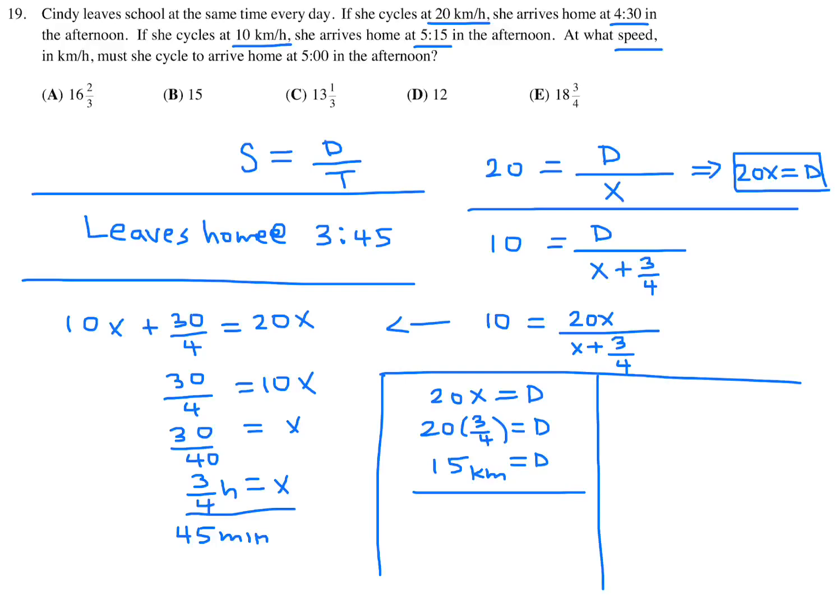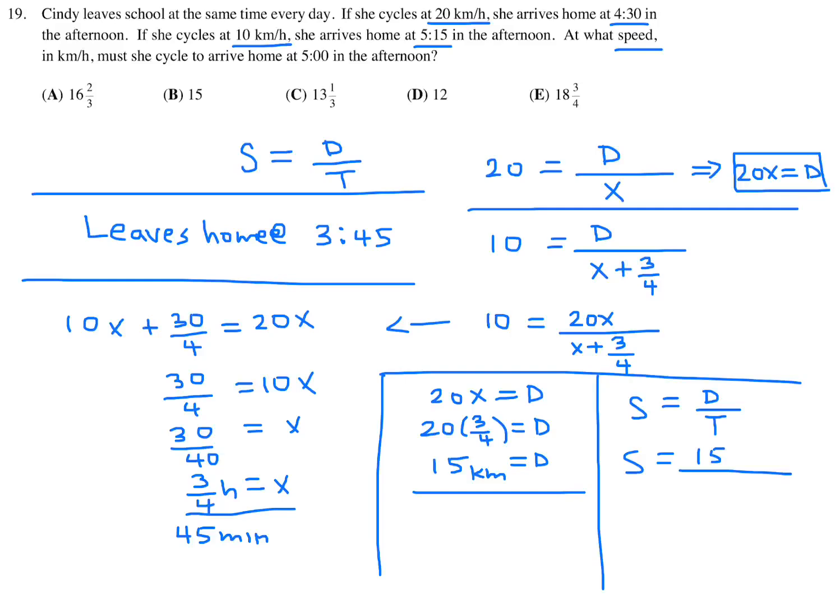All right. Now, in the final scenario, we have to figure out speed. They want to know at what speed must she cycle to get home at 5 p.m. So speed is equal to distance over time. Speed is what we're trying to figure out. Distance we calculated as 15 kilometers. Time now. Be careful. X represents time,